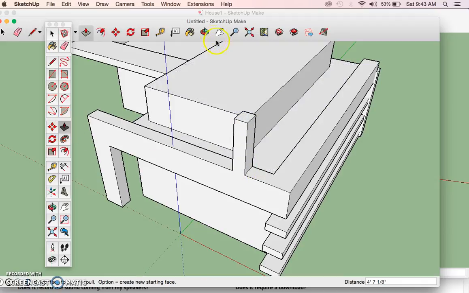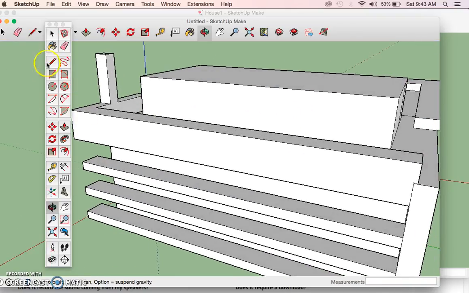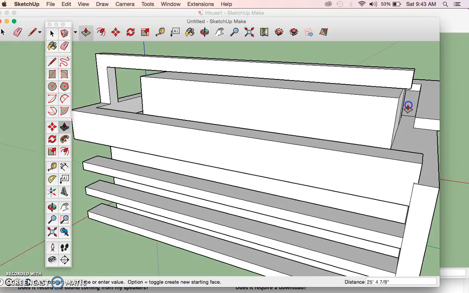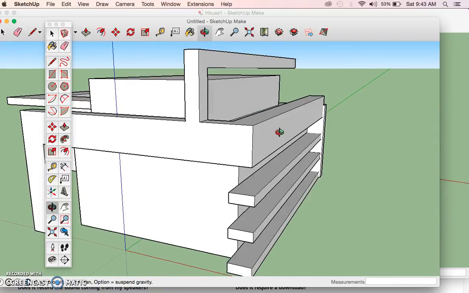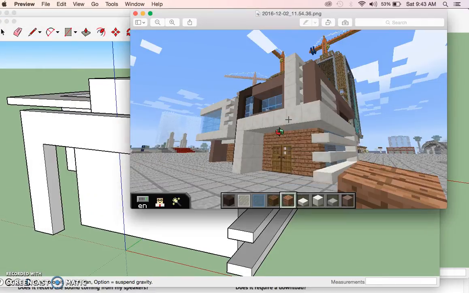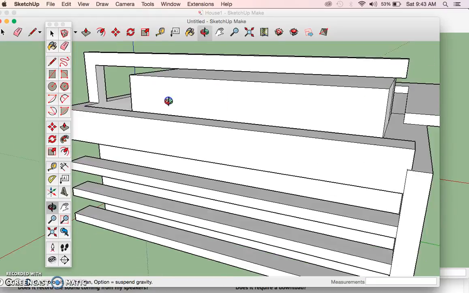So you'd probably just have to do things like this where you're drawing with the pencil tool and then again just doing the push-pull. And then it's going back, and then you've got, so actually, because it was kind of Minecraft,